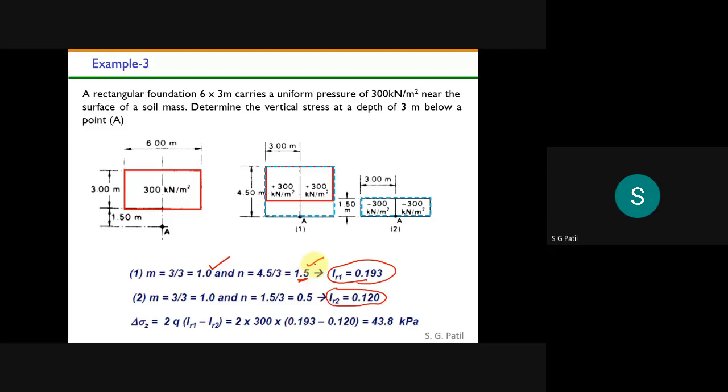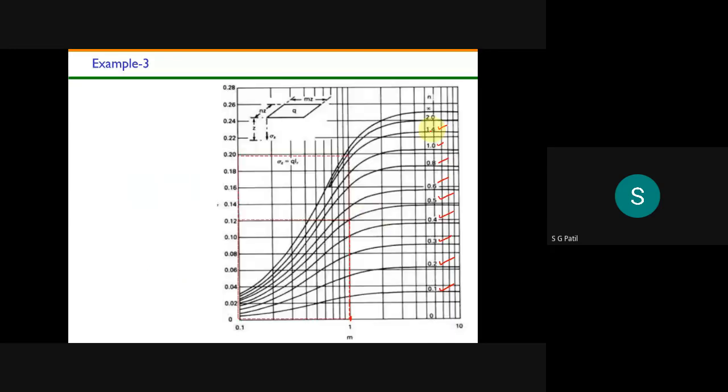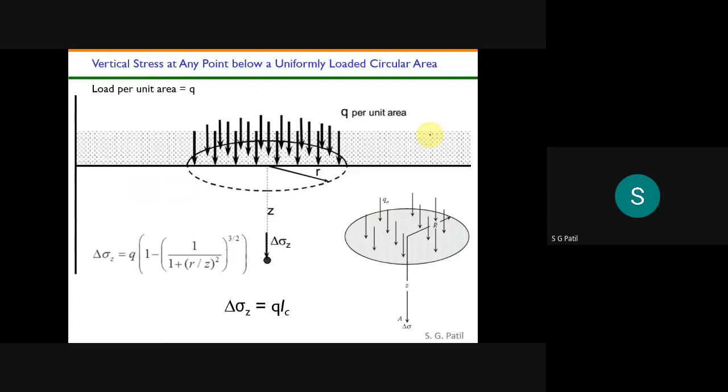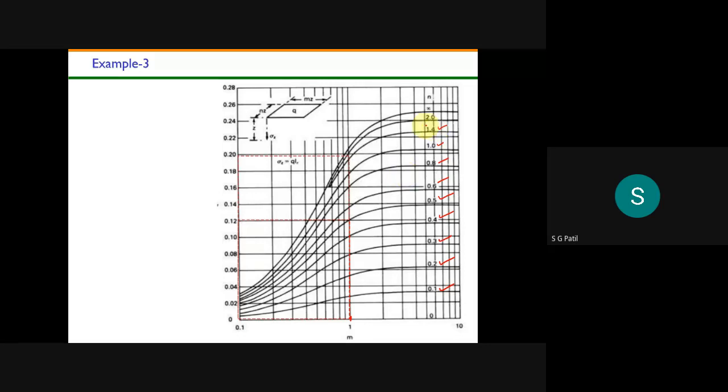So this is 1.4. Sorry, it is hanging out. Okay, yeah. So this is 1.4. So 1.5 will come somewhere here, right? This graph. So this is the 1.5 graph. This is 1.4. This is 2, right? In between these two numbers only 1.5 should come. So that approximately I'm taking here.